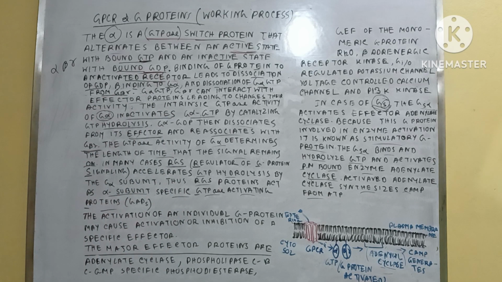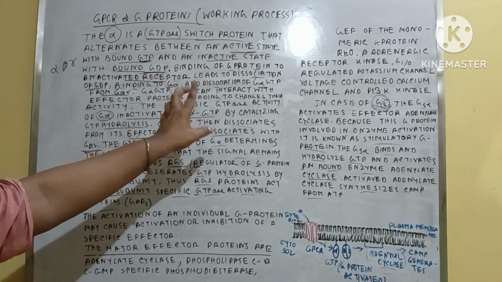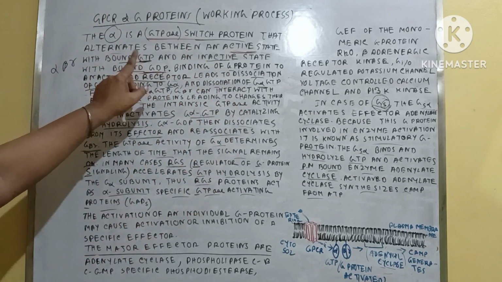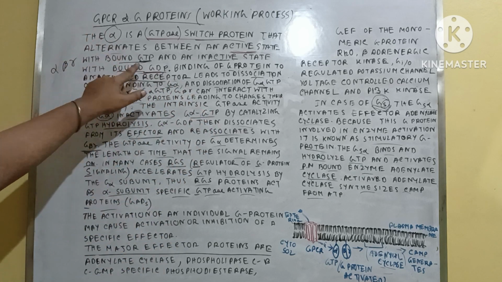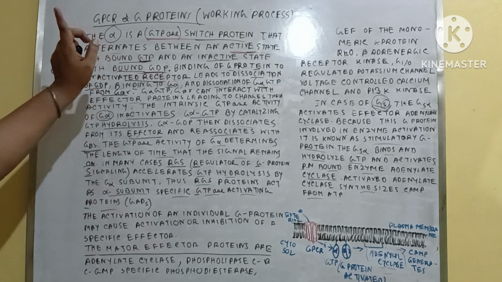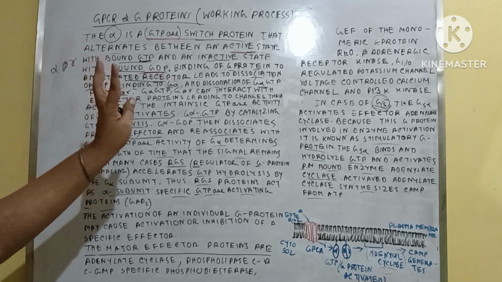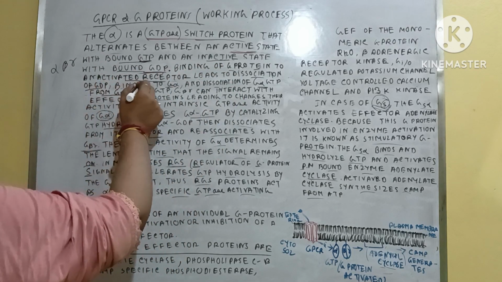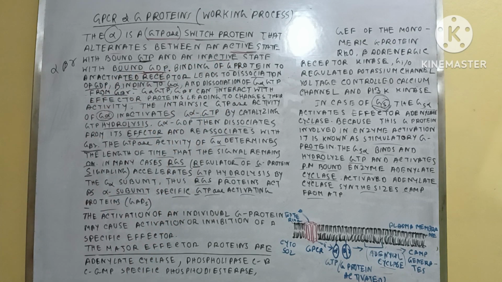Clear? So when GDP is bound with the alpha, then it is in the inactive state. But when GTP is bound with the alpha, then it becomes the active state. So when GDP is bound with alpha, it is inactive state, and when GTP is bound to alpha, that is the active state. So, binding of G protein to an activated receptor,